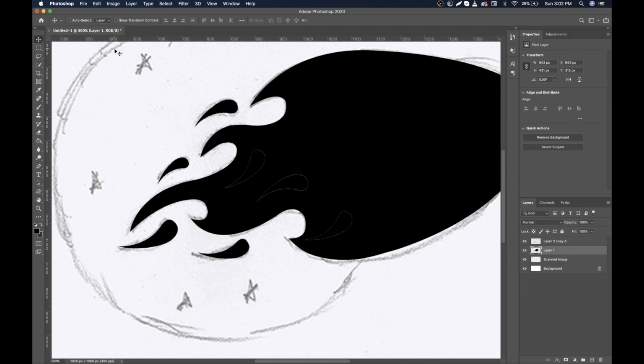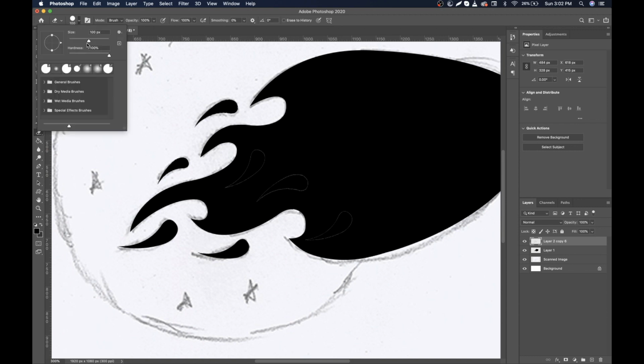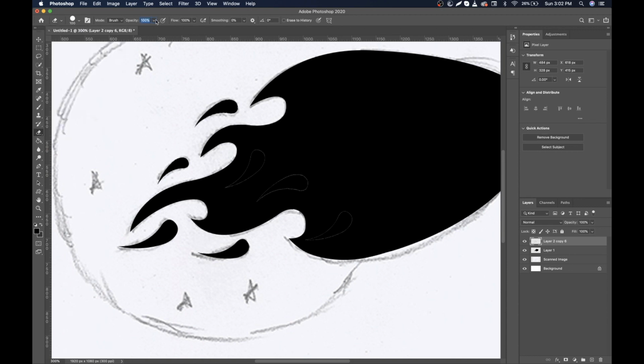Guys, now as we made a cut on the shape, but it is still showing because we have cut the big shape, not the small pieces yet. To make it, select the top layer and choose eraser tool. Make sure its hardness, opacity and flow should be 100% and erase it manually.